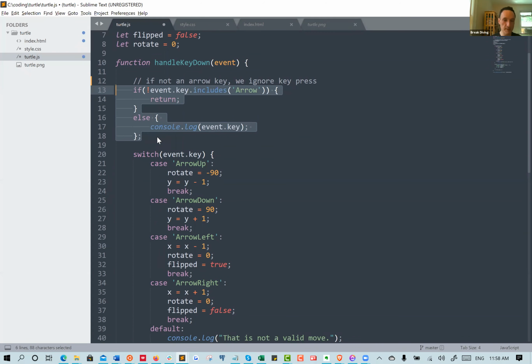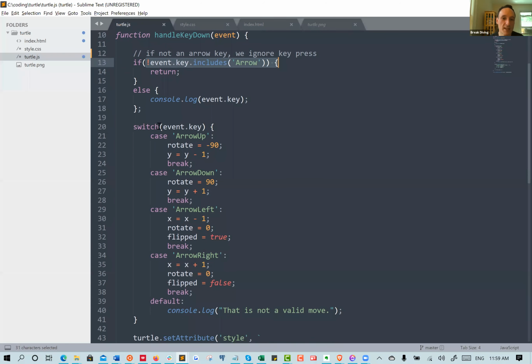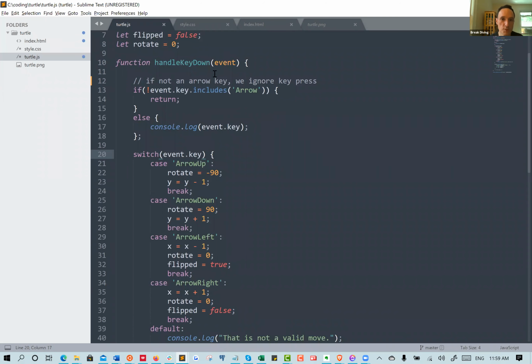I think he did it because he wanted to show us how to use this. It is a tutorial. It wasn't designed to be the perfect turtle masterpiece. And so anyway, once that goes, it just does a switch statement, and the event.key, because we already have event here, we can just do event.key. And in the case of arrow up,